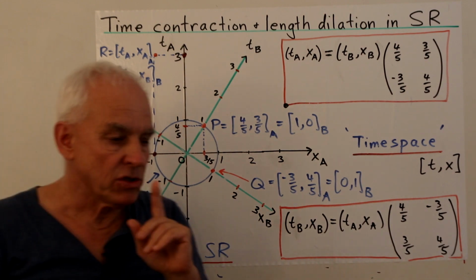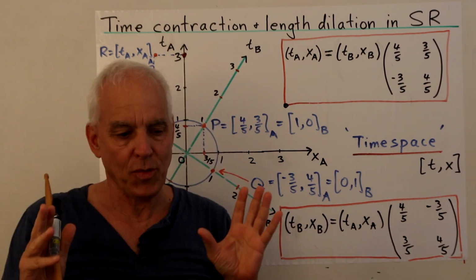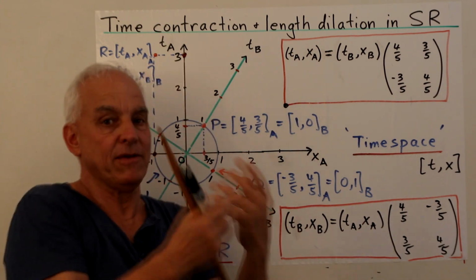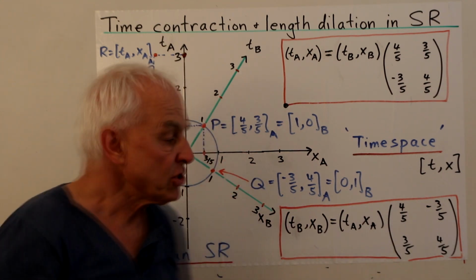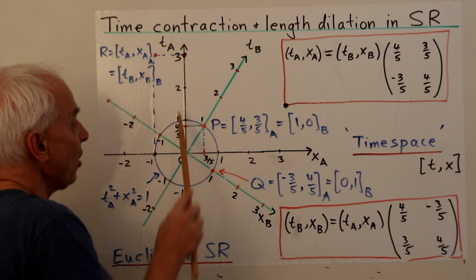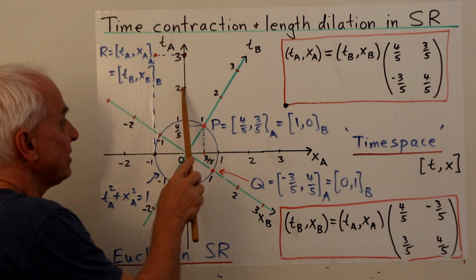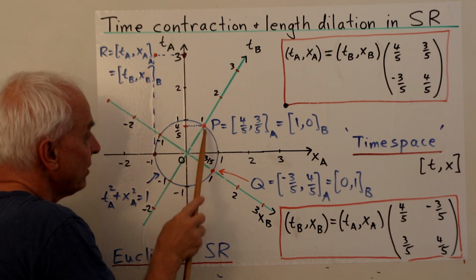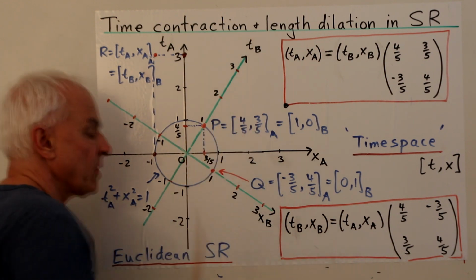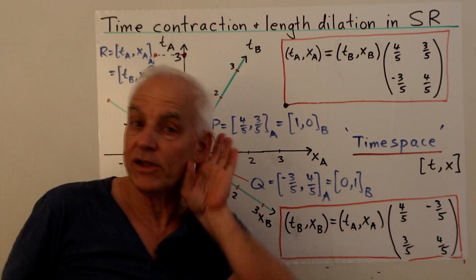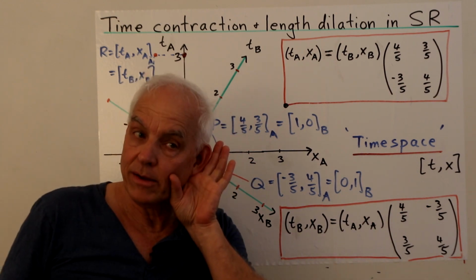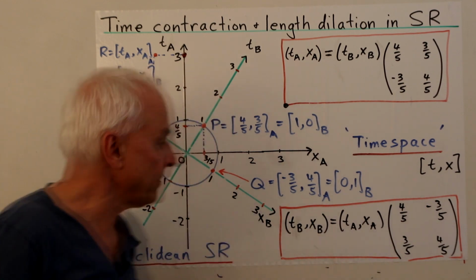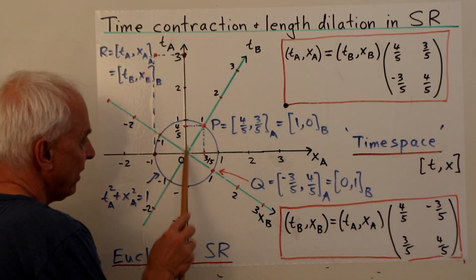So now what we want to do is compare the basic units of one of the systems from the point of view of the other system. So this A clock is ticking tick, tick, tick, tick, etc. While B's clock is ticking tick, tick, tick, tick, tick. So suppose that A listens to B's clock and listens to the ticks. What's he going to find? Well, the first tick is here.